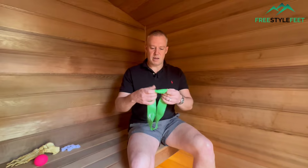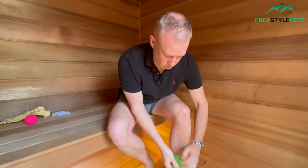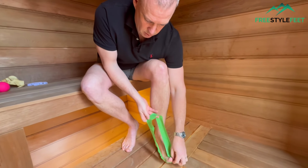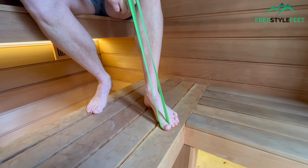Whilst we are here down at the toes, we're going to use a stretch band. This is the one we use, not too heavy. We want it to be just moderate resistance. Loop it around your big toe. Okay, like so. You can adjust how much resistance you have here,